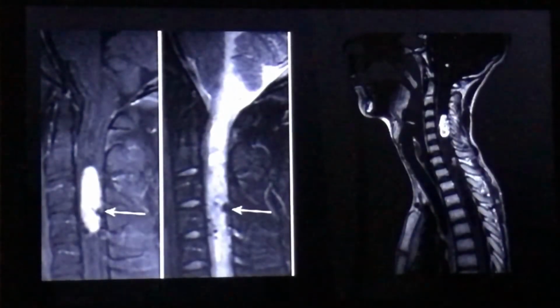Now this is an example. On this post-contrast T1 weighted fat set sequence, we can see an intensely enhancing lesion having areas of hypointensity within. On T2 also we can see these flow voids. This is another example on a post-contrast T1 weighted fat set sequence. Multiple homogeneously, intensely enhancing lesions can be seen predominantly on the dorsal surface, subpial in location. So these are hemangioblastomas, and this can be a patient with VHL disease.